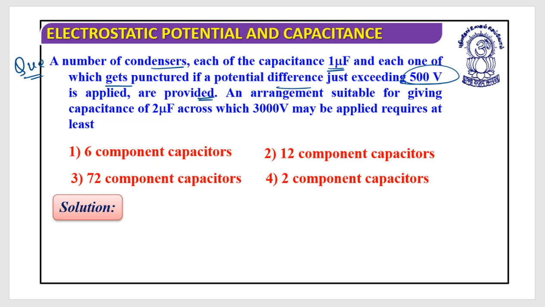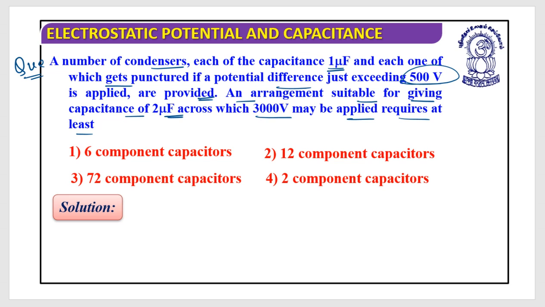So what the data is saying is that all these capacitors can have a maximum potential difference across them of 500 volt. You cannot provide them more than 500 volt. If you have been provided more than 500 volt, they just got punctured. Next, an arrangement suitable for giving capacitance of 2 microfarad across which 3000 volt may be applied requires at